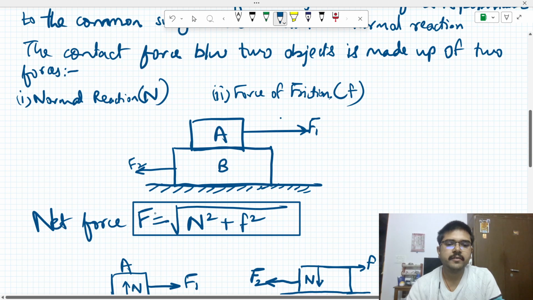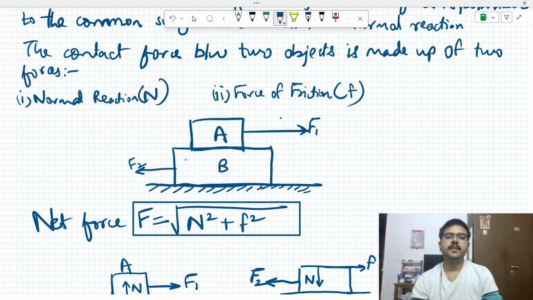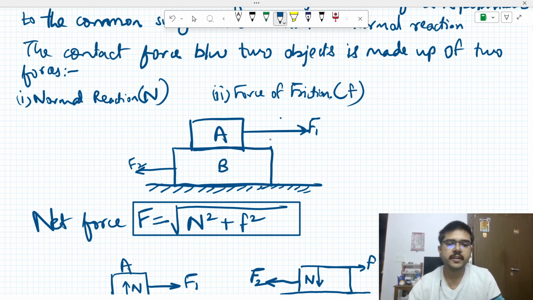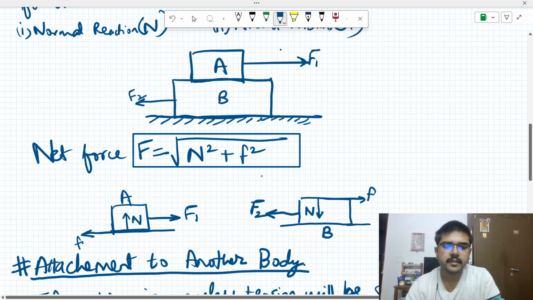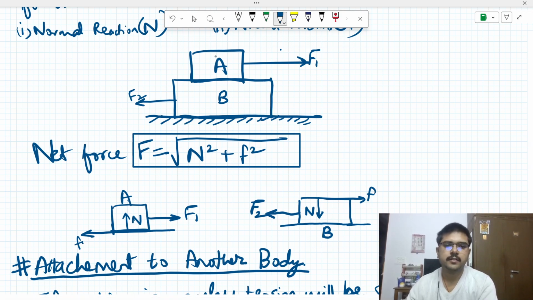So we have, for example, two bodies here, A and B. One is kept over the other, and a force F1 is acting on body A and force F2 is acting on body B as shown here. Then the net force F is equal to N square plus frictional force f. So what is this frictional force f? That will be equal to, if we see this body here,